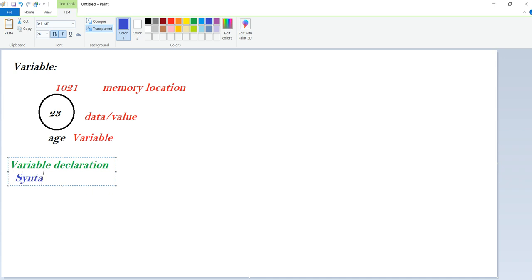The syntax for variable declaration is nothing but the data type and then the variable name, like this we can define. We already saw above, data type, then variable name.